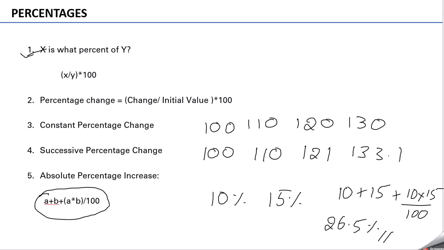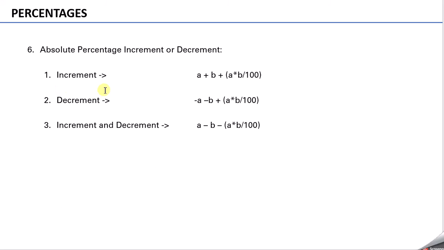Next, we will move on to seeing the variations in this. It need not be that it can be applied only for percentage increase. It can also be applied to percentage decrease or a combination of percentage increase and decrease. So say, for example, a shopkeeper first increases the price of a pencil or any article by A, and then he gives a discount on that or again increases it. We can solve these different combinations as well.